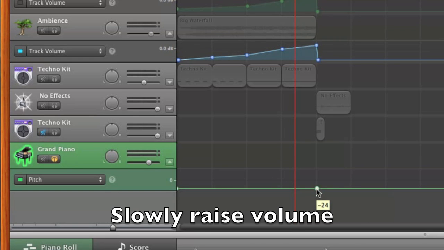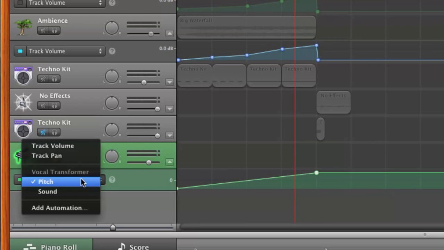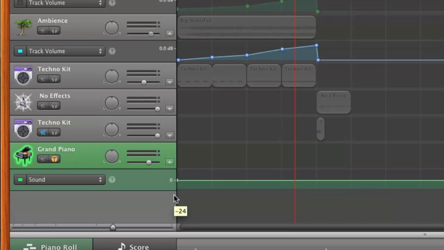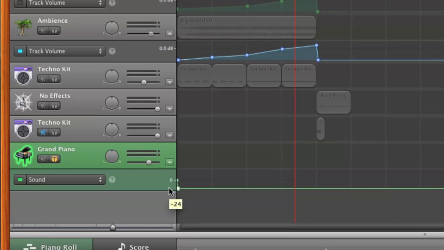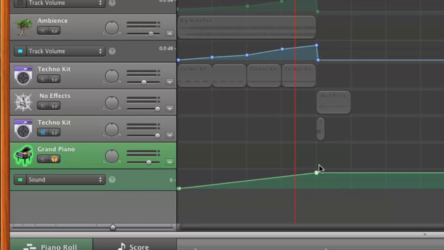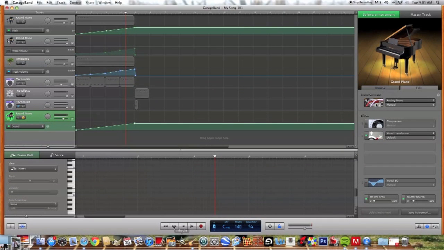Then click the end of 4 measures and drag it all the way up to +24. Do the same exact thing for sound. Oops. Why won't this work? Okay. Then end of the measure all the way up to 24. And somehow my thing got deleted. Okay, so